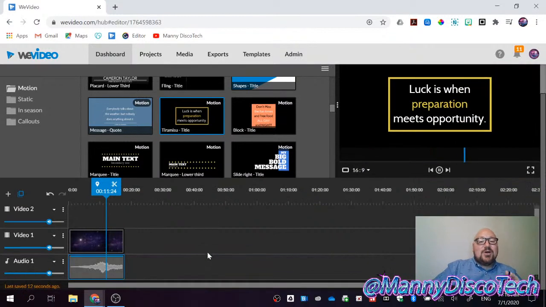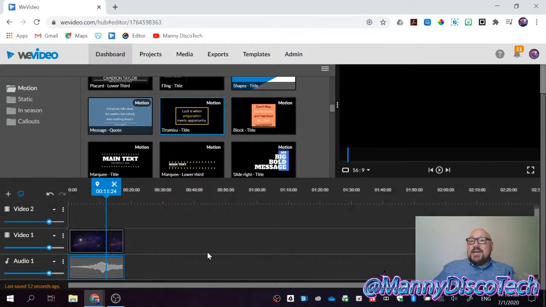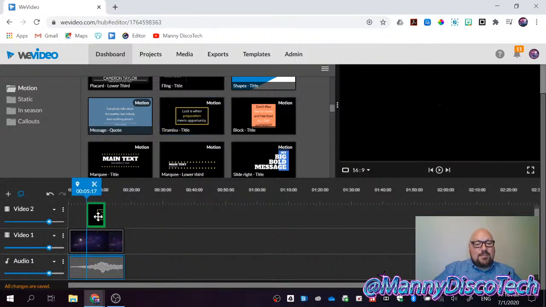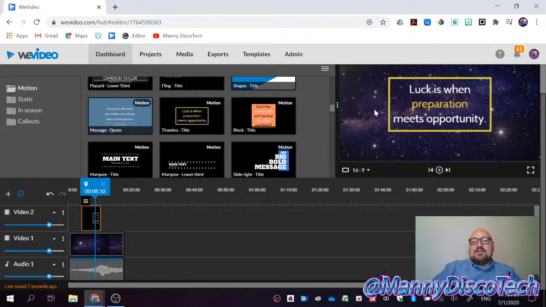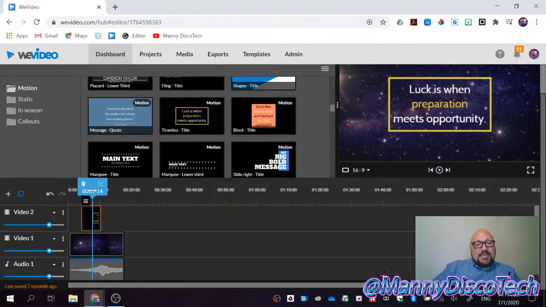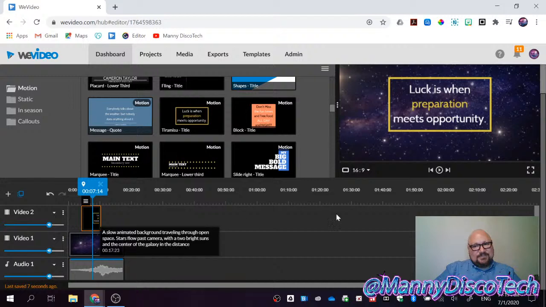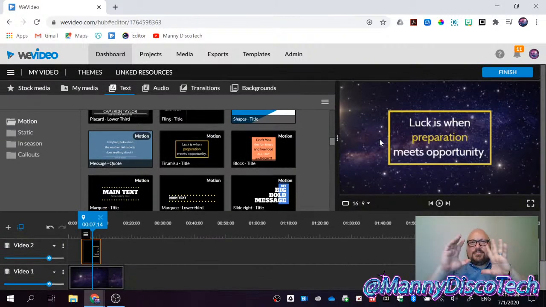Okay, so you have two options. Since this is going to be the intro to your video, I really like whenever it's over, like on top of the space. And notice that if I do this, the space is video 1, that's the 1st layer, and the text is the 2nd layer. Notice that on my marker, it's seeing first the text, and then I'm looking at the space. So those are layers for you.